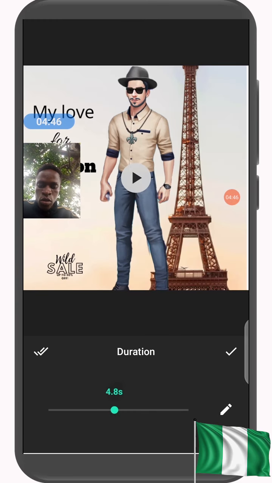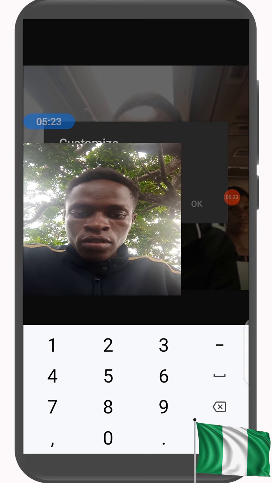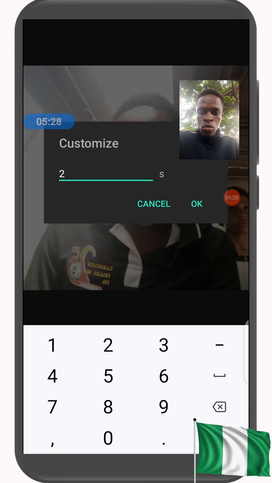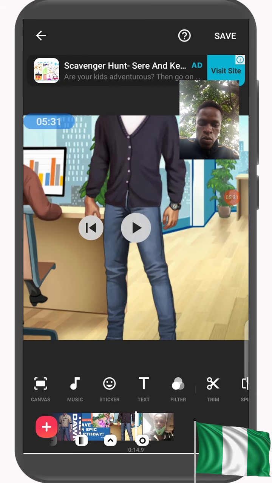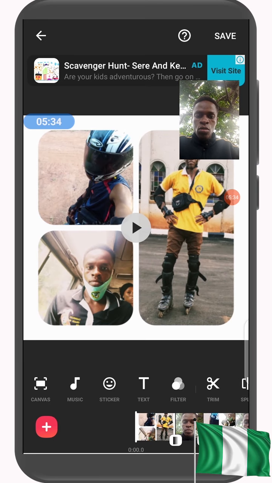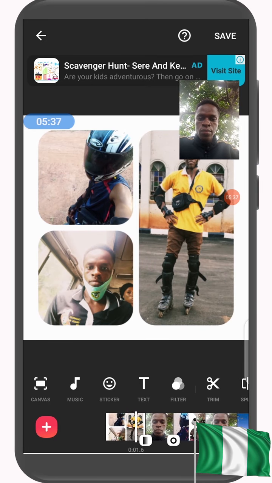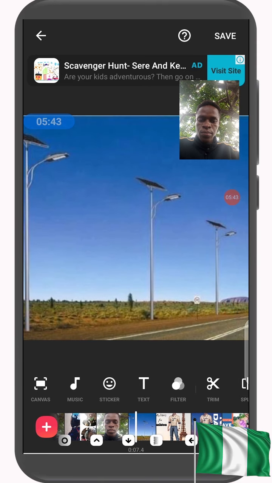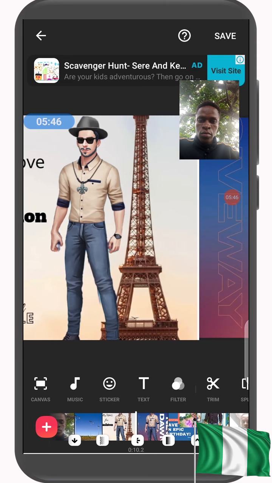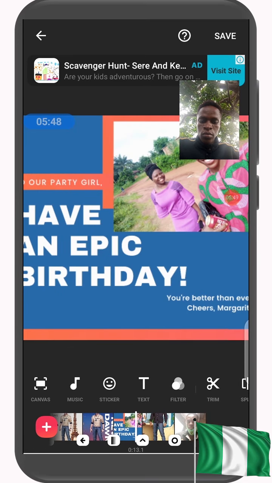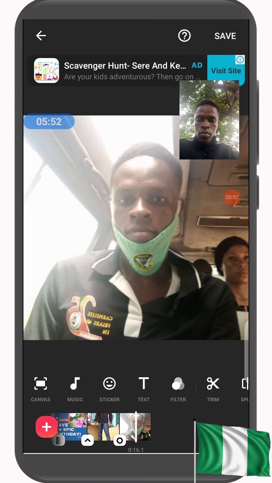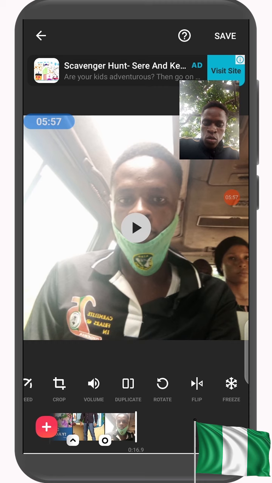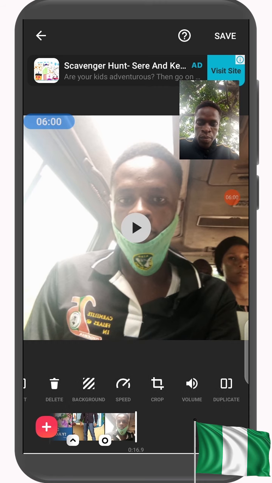You can even apply it manually. You can just put it 2 seconds. So now let's play it to see what it will look like. You can see it. So that's it. One thing again I need to show you how to do here is to put in a